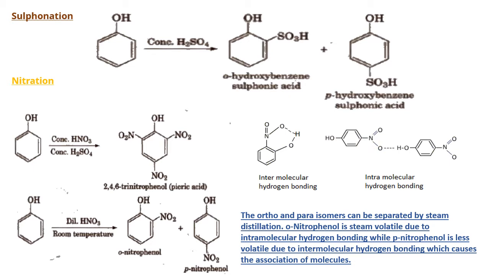Therefore, whenever you pass steam into the reaction condition, the ortho isomer comes out, leaving behind the para isomer, and the para isomer is left in the reaction container. Ortho will go out, will condense, then we will get the ortho in a separate container. So in this way, using the property, using the techniques, a suitable method is applied depending upon the properties. First you understand the property, okay. Once you know the property, then easily we can apply the suitable method, so that our method of separation is very easy, right? Okay.